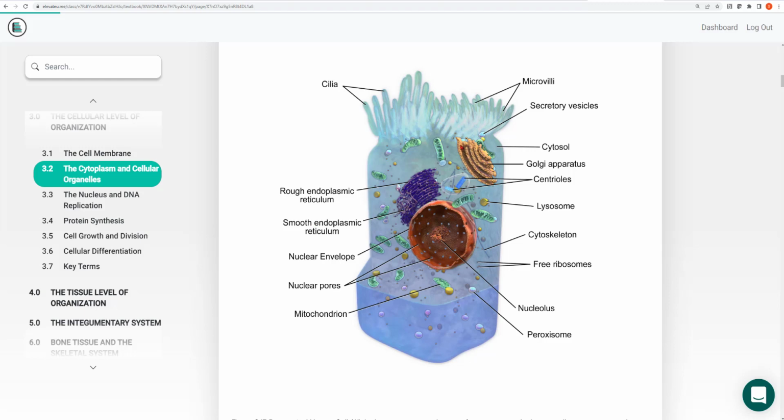Also, there's another large group of membranes called the Golgi apparatus. The Golgi apparatus is named after a person, so it is always capitalized. It's a proper noun. And we'll see what the Golgi does in a minute. Notice that the Golgi is further away from the nucleus than the endoplasmic reticulum. The endoplasmic reticulum is continuous with the nucleus.